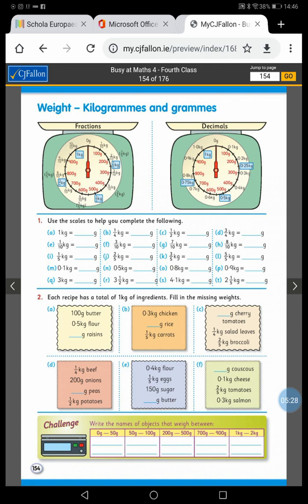So using this information or recalling your maths facts that we learned before the break and that a lot of you knew anyway, you can do the exercises in number 1. Take your time, you're converting between fractions and decimals and grams, okay? Then number 2, it says each recipe has a total of 1 kilogram of ingredients. So if I look at the first one, 100 grams of butter,